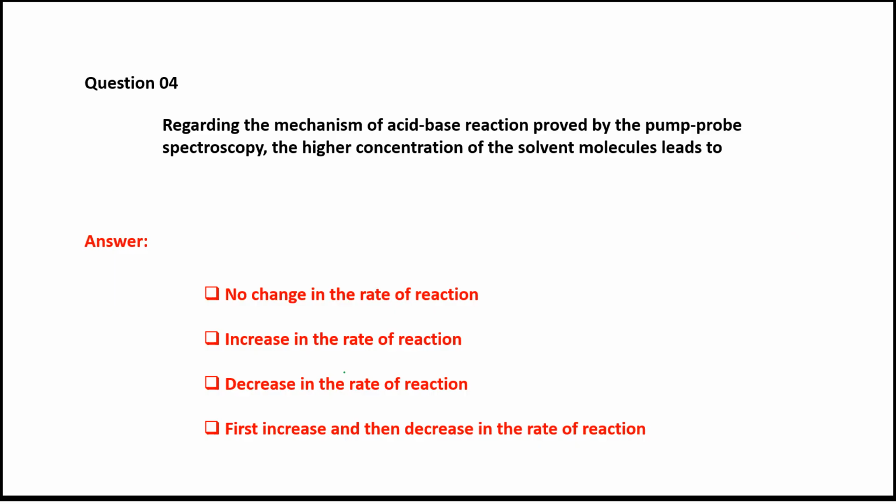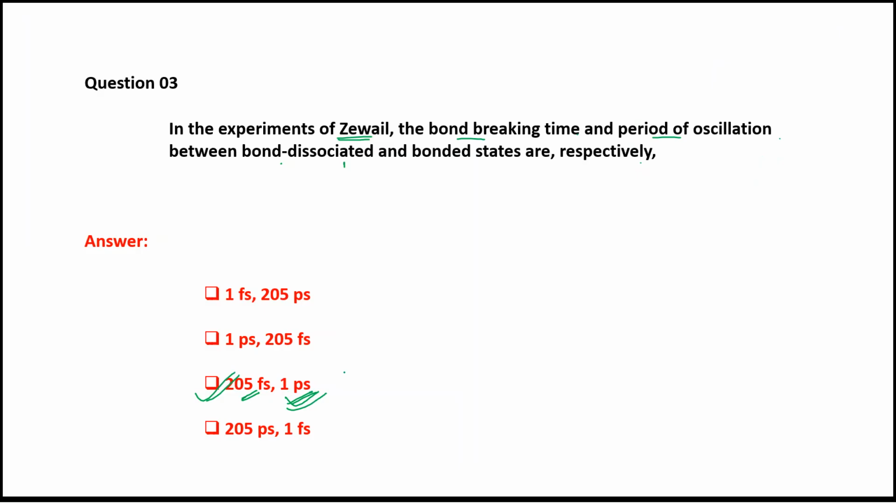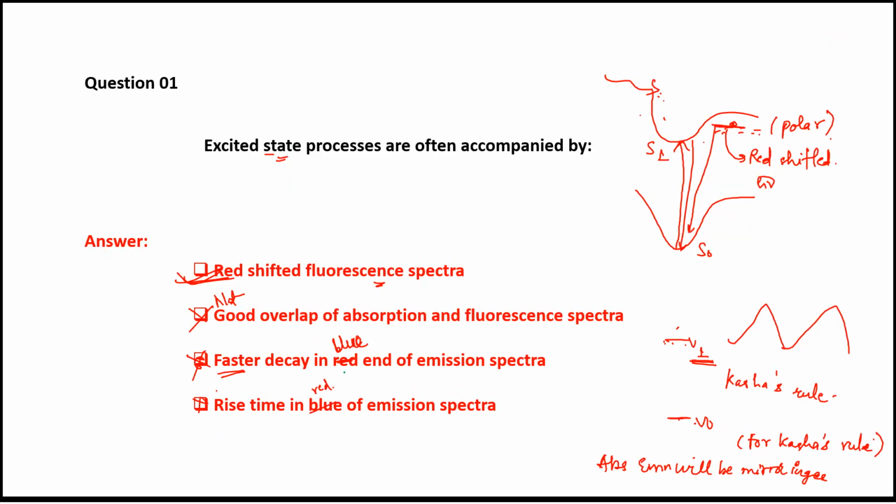Now we'll come to question number 4. If you have any doubt in any of these questions, you can ask. In the first question, we had discussed how the excited state process works, and what changes will be observed in the decay, the absorption or the emission for the excited state processes. One point to note is, even for the excited state, the absorption for the same molecule will be the same. The only thing that you will note a change in is the emission spectrum and not the